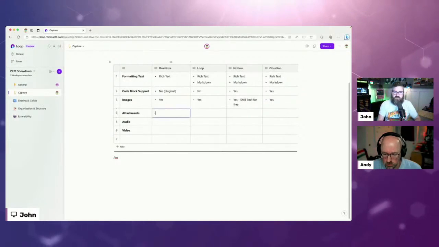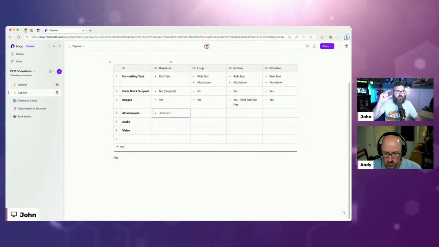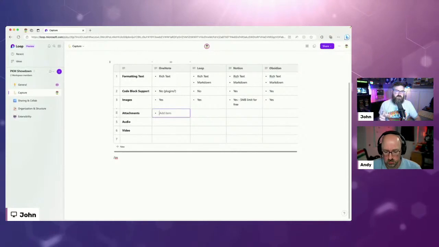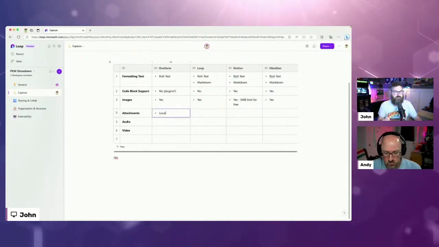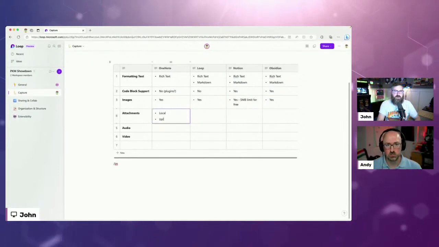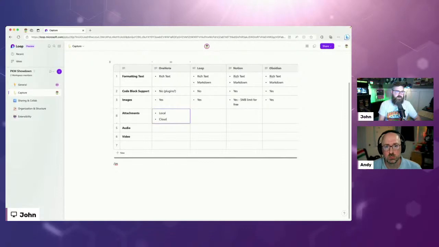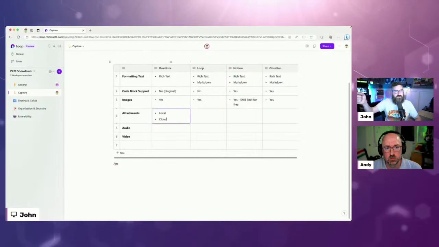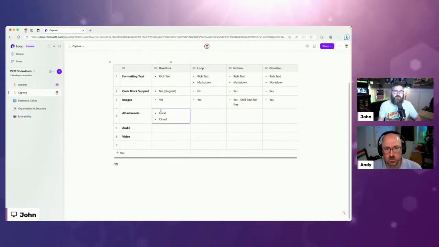Now, attachments. Do we want to split it out between local attachments on the note and cloud storage attachments? Because OneNote has an interesting thing where I can do local. If I drag a PowerPoint slide deck in, I can keep it inside of that OneNote file, or I can do upload, so cloud attachments, right? Whenever I add an actual file, it will offer to upload it to my OneDrive and then convert it to a link attachment. I like that a lot about OneNote personally.